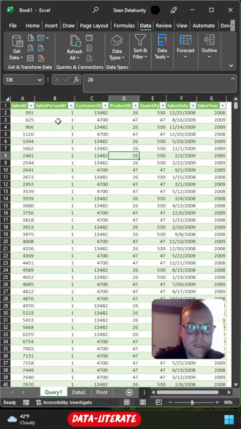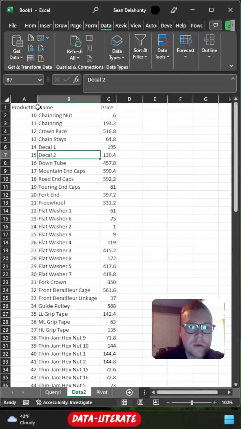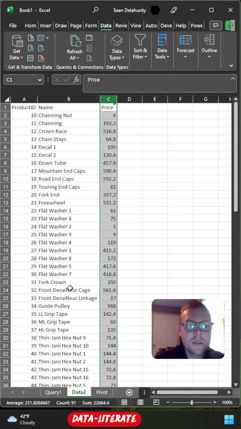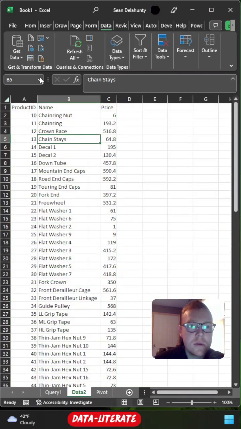So in this example, I have a sales data table. So sales, salesperson, customer, product, quantity, and date. And I also have another secondary table here with product information. So we have the product ID, the product name, and the product price. So I'm going to be joining the product name and the product price onto this table without the use of any calculations. So to do this, what I'll do is I'm going to go back over to this secondary table